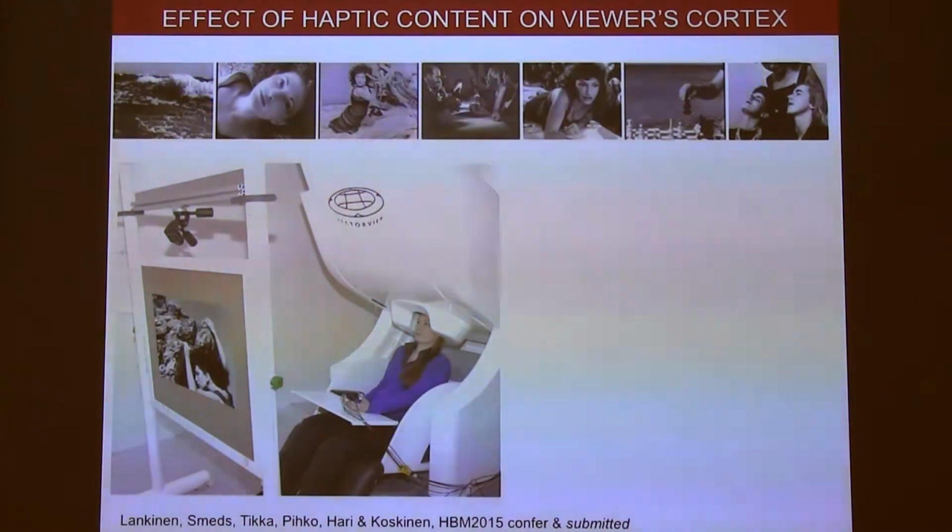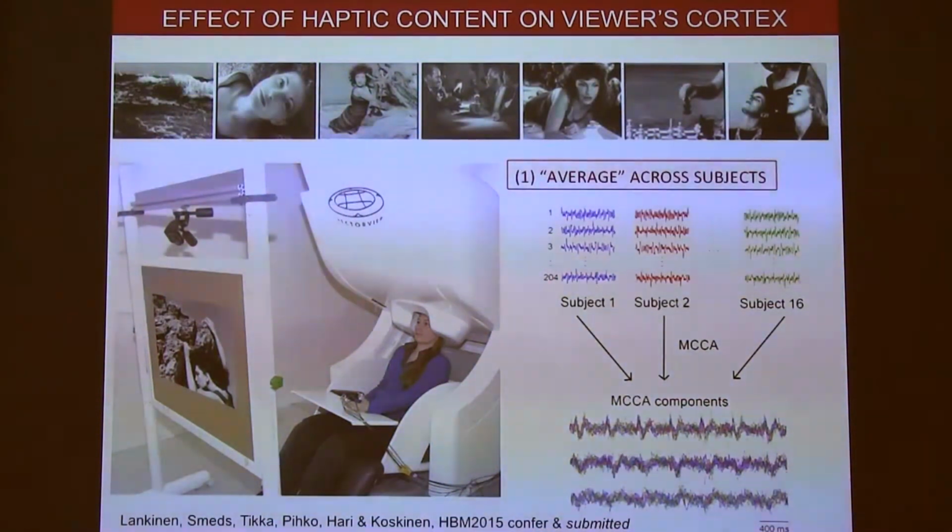And we could not figure out any other way to do that with MEG. So we delivered the stimuli, and because we were not able to average these stimuli across the movie that lasted some 15 minutes, we averaged them across subjects. So we found the most common component across subjects using this multi-set canonical correlation analysis. And then we came up with responses to the single